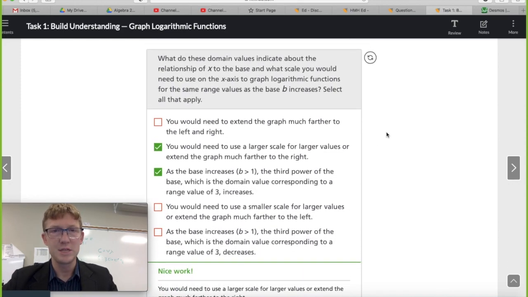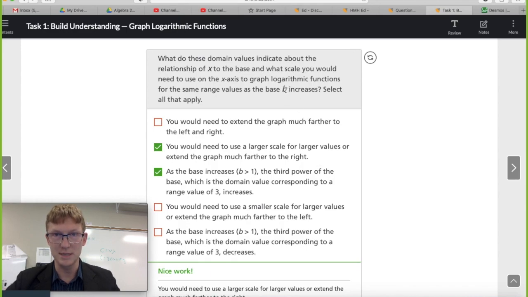So what do these domain values indicate about the relationship of x and to the base, and what scale you would need to use on the x-axis to graph the logarithmic functions? So if you guys are graphing logarithmic functions, this is kind of good to know about the scale of what you need to set your windows on your calculators. So you would need to use a larger scale for the larger values, or extend the graph much further to the right